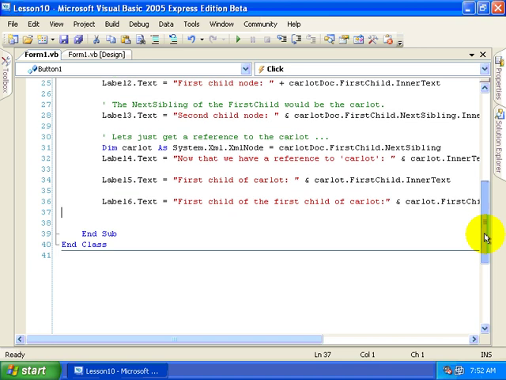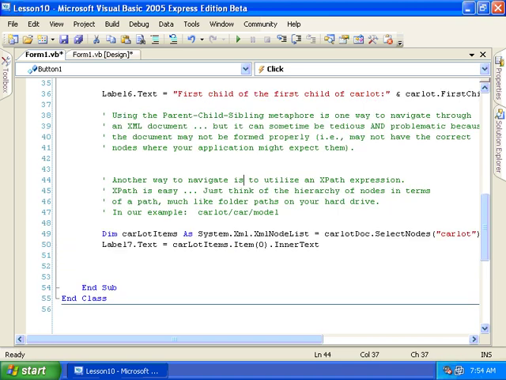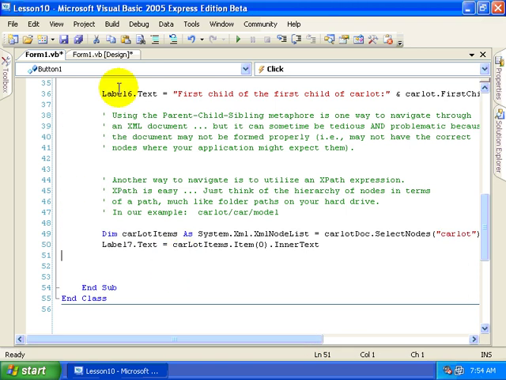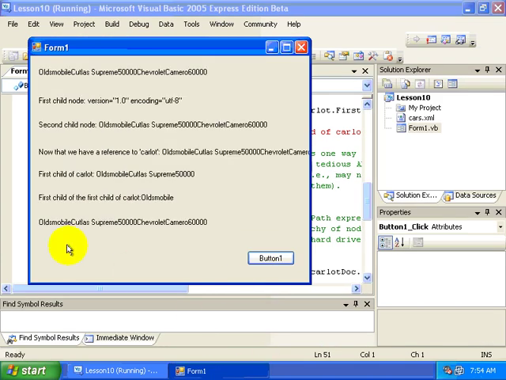So first, let's go down here. So in this particular case, we can think of the hierarchy nodes in terms of a path, much like the folder paths that exist on your hard drive. So in our particular example, what we can do here, as I've displayed right here, is just select only those nodes that are of type carlot. So let's run our example this first time. Hit our button, and notice that we get Oldsmobile Cutlass Supreme. So we're grabbing out all the inner text from just the